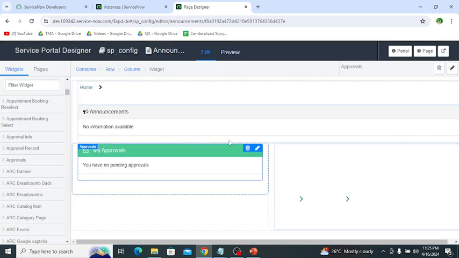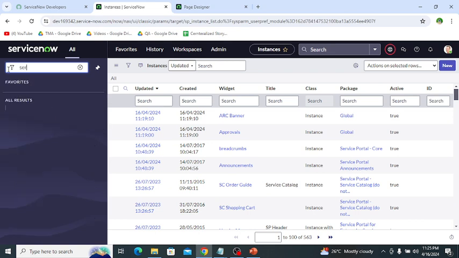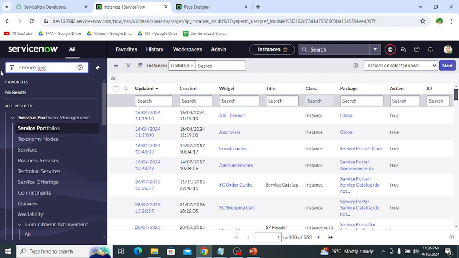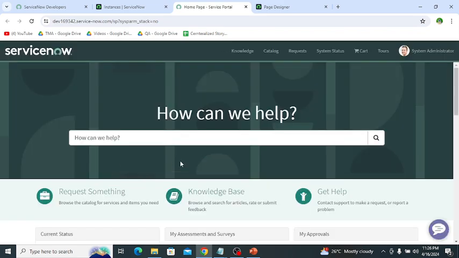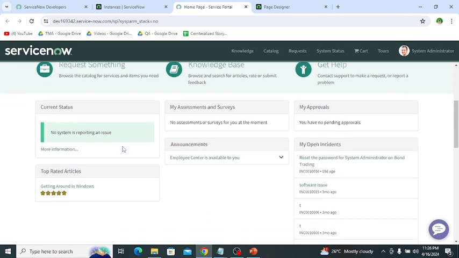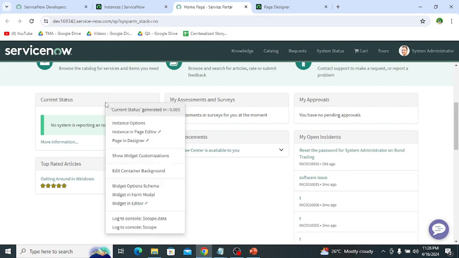So one method is this to configure the widget. Then the other way is for example, if we open the service portal, then it is showing different widgets. If I want to open this widget in widget editor, then simply press the control and then right click, and then this is the widget in editor.